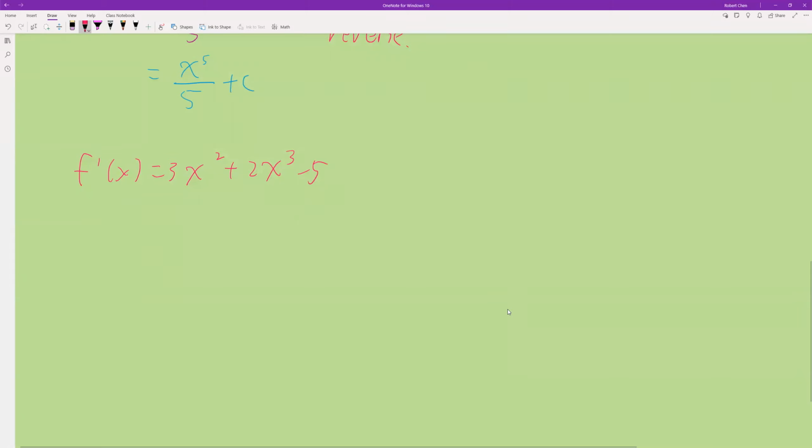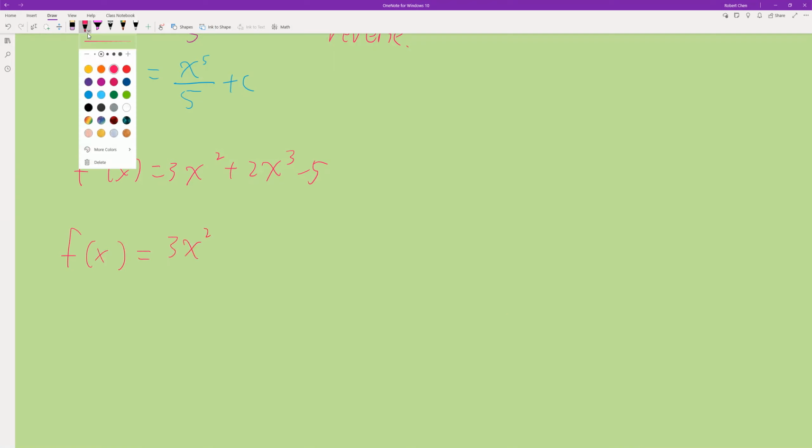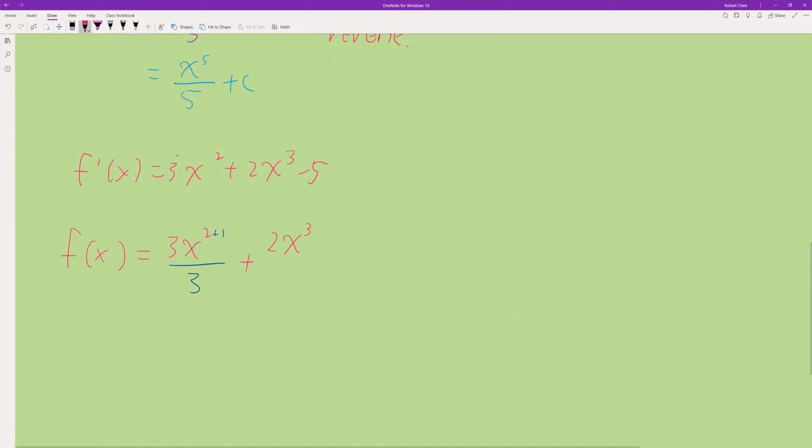All right, let's try another one. We have f prime is 3x squared plus 2x cubed minus 5. We're going to do the same thing. That's the derivative of f, and we want the function f. That means I have 3x to the power of 2 plus 1 over the new power, 2 plus 1 is 3, plus 2x to the power of 3, and then again plus 1